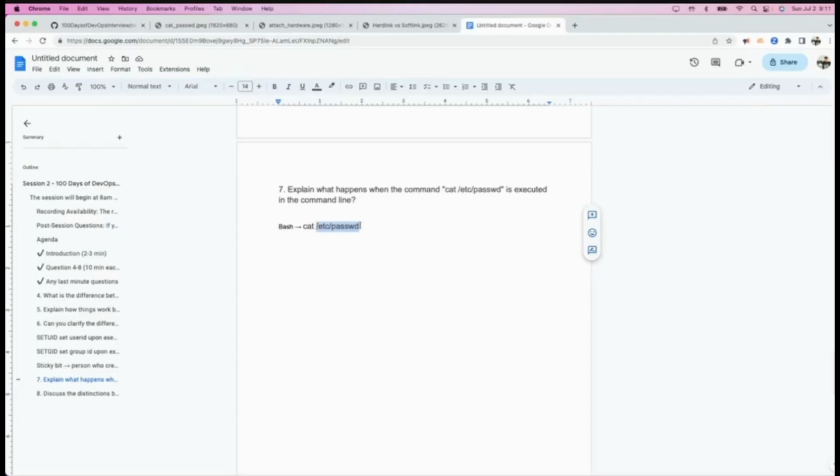Okay, now I have figured it out. I have two things here. What will be the first step? Now we can start with all these things which you guys are talking about. So what should be the first step? Okay, let's start with the cat command. If it needs to read this particular /etc/passwd file, or it can be any file, /etc/hosts, /etc/shadow, what is the first thing it needs to do?